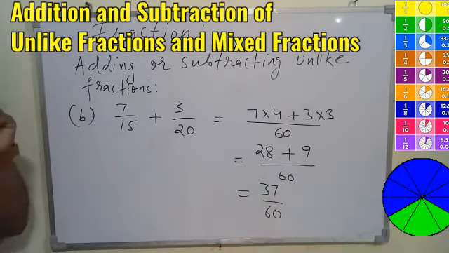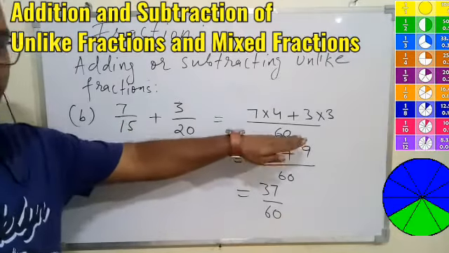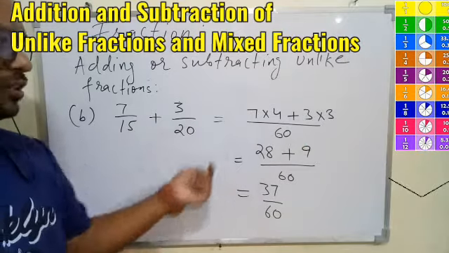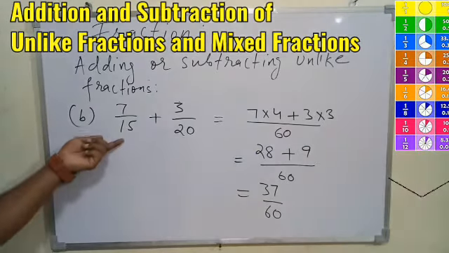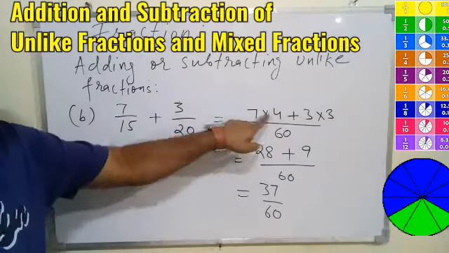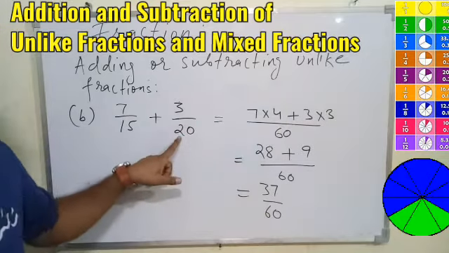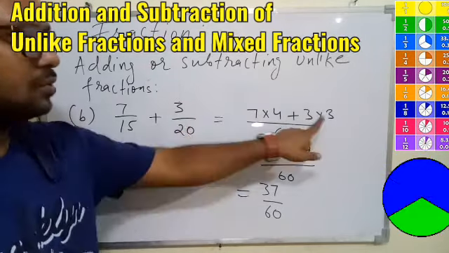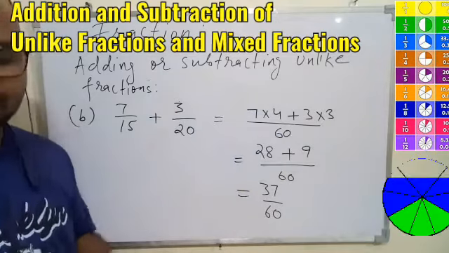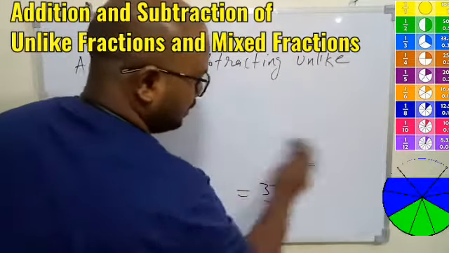So I hope you understood. That is, very first we find the LCM that can be written as common for both. Then divide the LCM by the denominator of the first fraction. Whatever comes, that will be multiplied with the numerator. Then the plus sign is there. Again we did the same thing, divided 60 by 20, we got 3 and we multiplied this 3 with the 3, and then we do the rest of the process. So that is how we can do addition of unlike fractions directly.